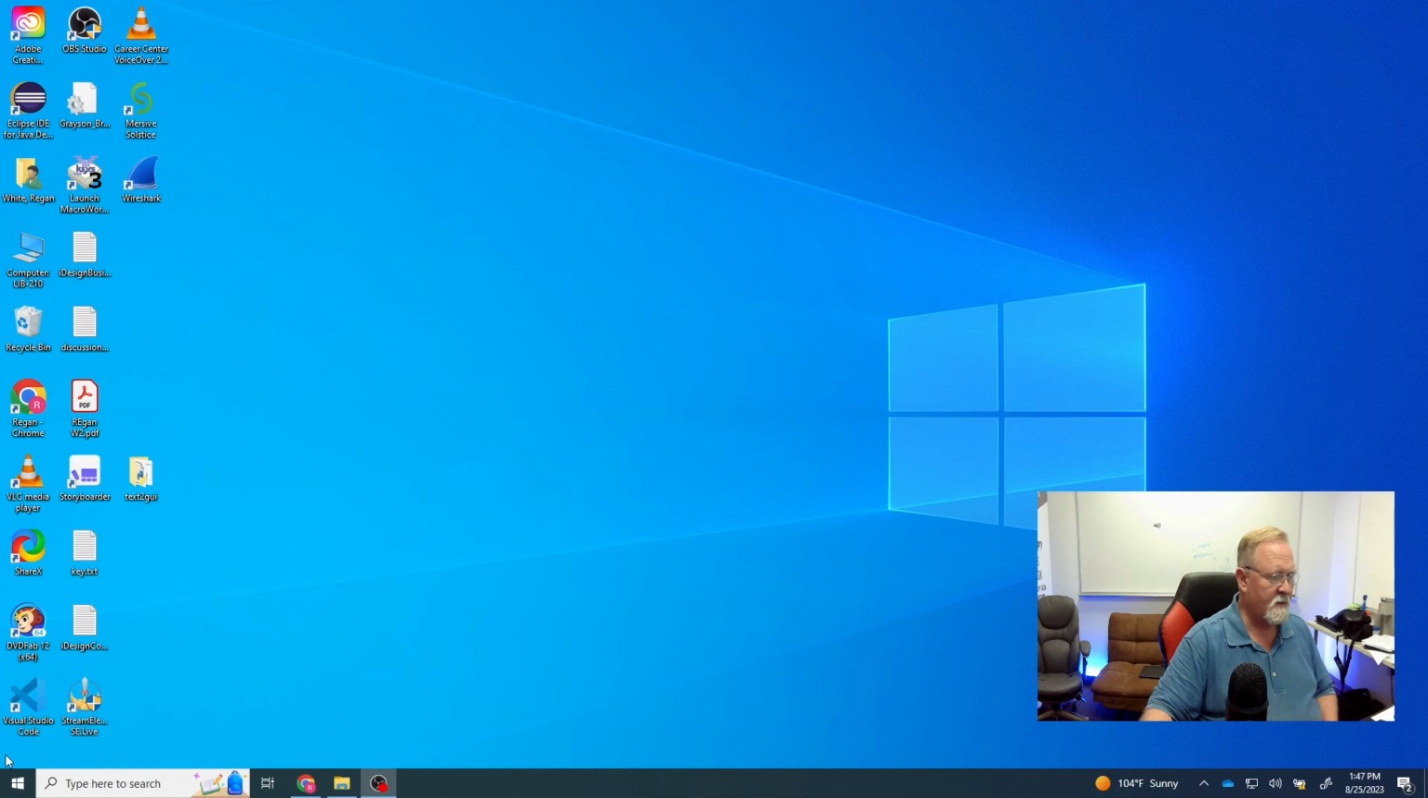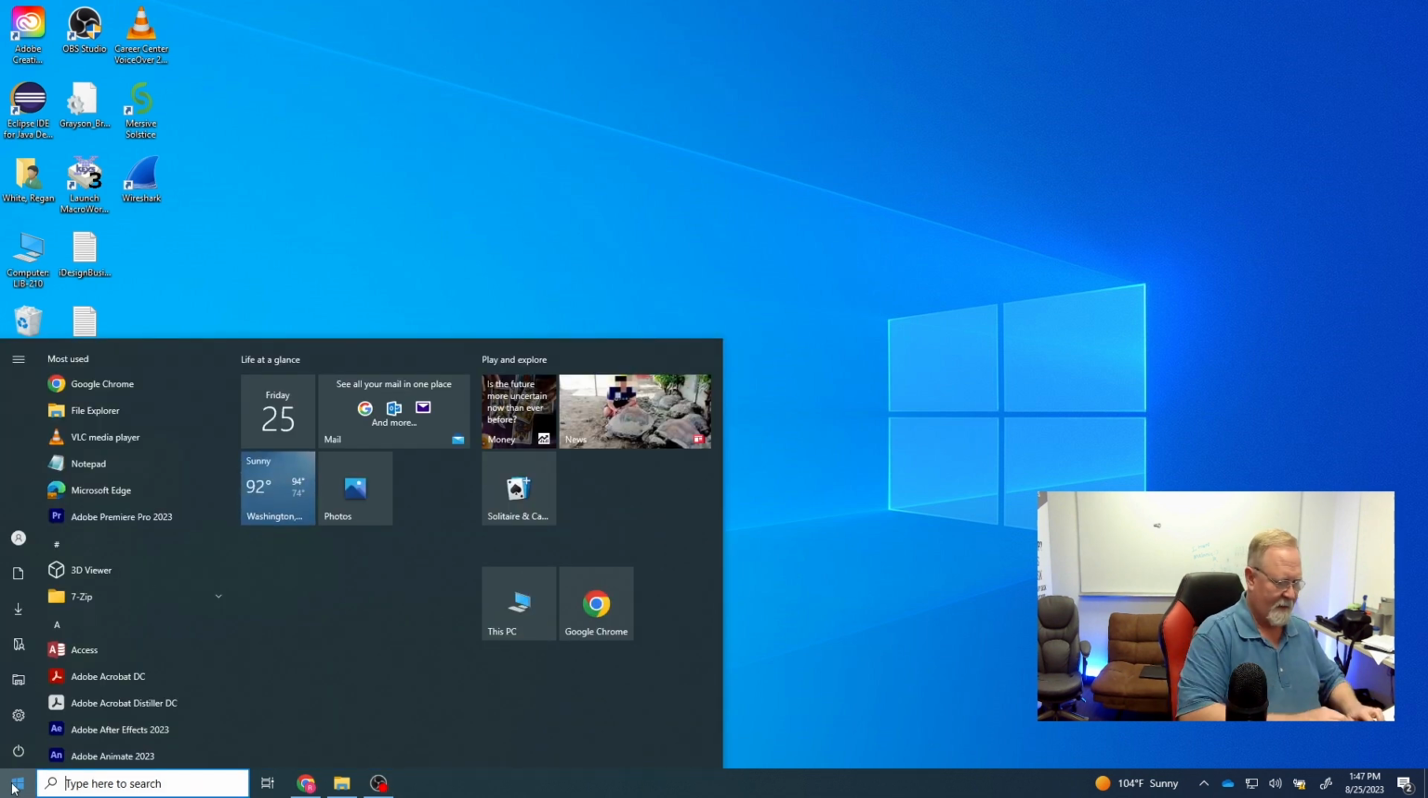Okay, here we are at the desktop, and actually WSL is built into Windows already. We don't necessarily have to download and install it. What we have to do is enable it. And so the way that we're going to do that, the easy way, is click the Start button in the corner and type in